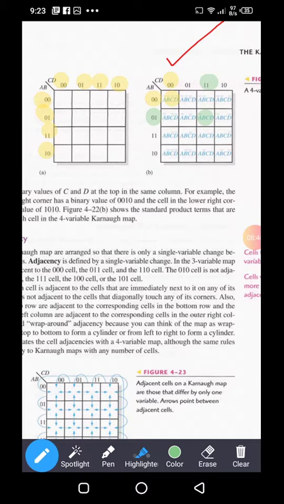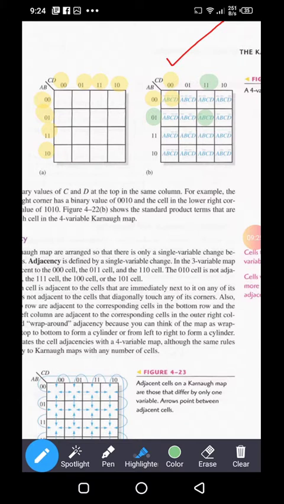And you can see what's written into the cell is A bar B C D. There is a bar over variable A because it is written in its complemented form. Variables B C D have no bar over them because they are written in their uncomplemented form. Remember, when a variable has a value 0, there is always a bar over it, which is called complemented form of that variable. And when the variable has a value 1, there is no bar over it, which is called uncomplemented form of that variable.